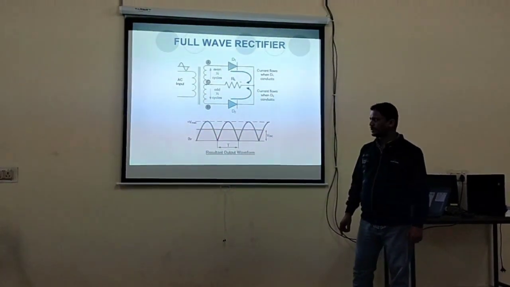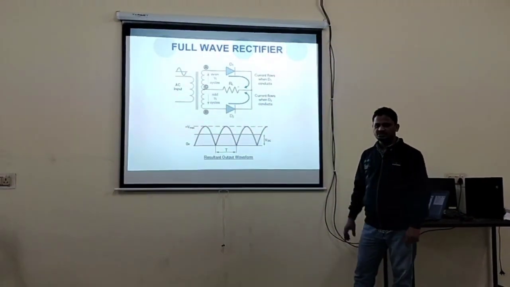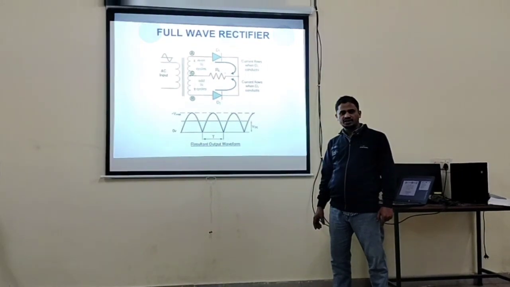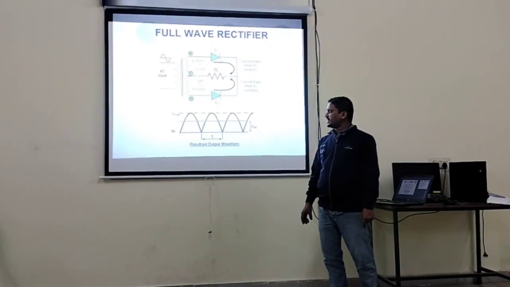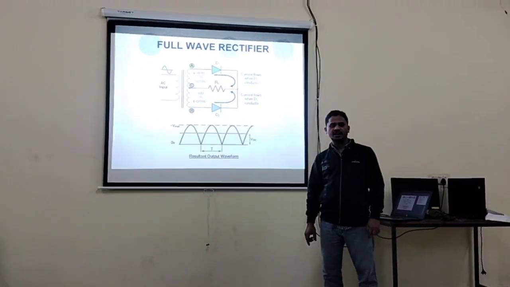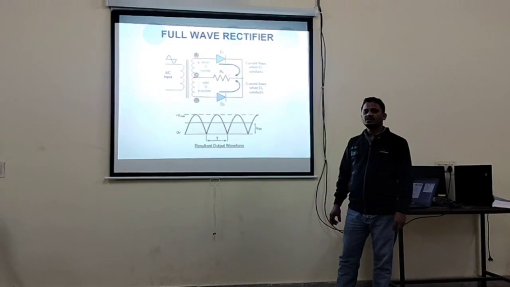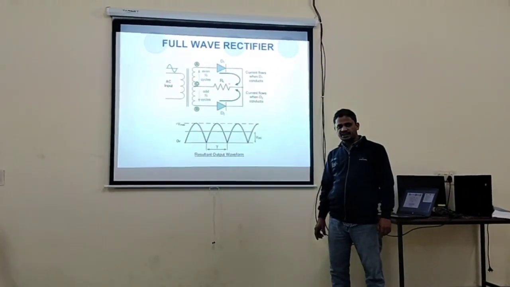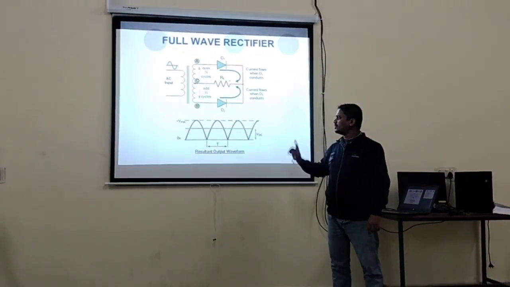center tap rectifier. The peak inverse voltage is 2Vm: half of the secondary is Vm and the other half is Vm. The total peak inverse voltage of the center tap rectifier is Vm plus Vm, that is equal to 2Vm. So, the circuit details: first, an input AC signal is given to the circuit. We apply the first positive half cycle to the circuit, and the transformer transfers the current from the primary side to the secondary side, so the current first travels through the terminals A, C, B.